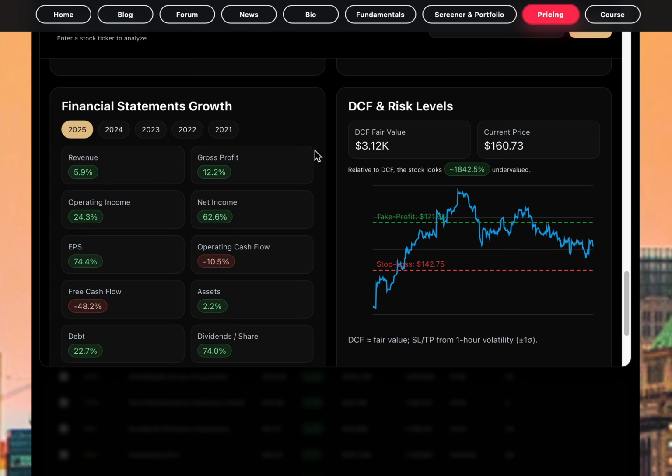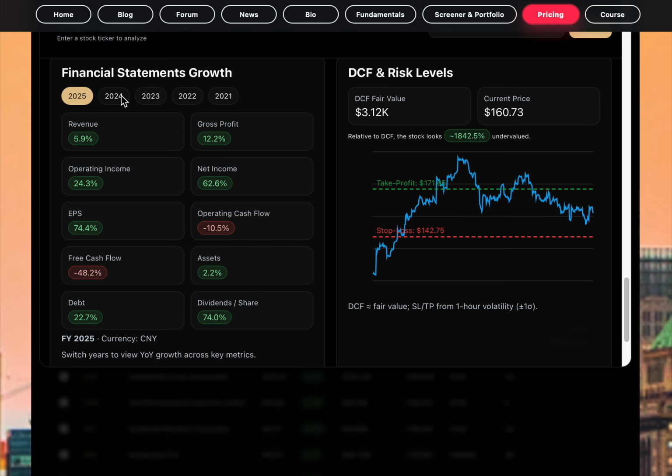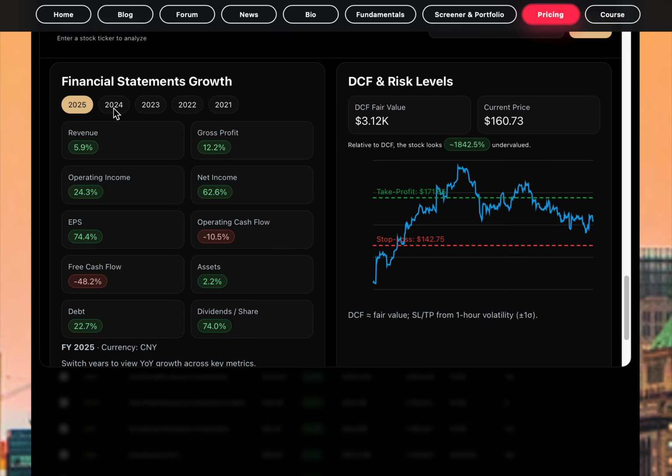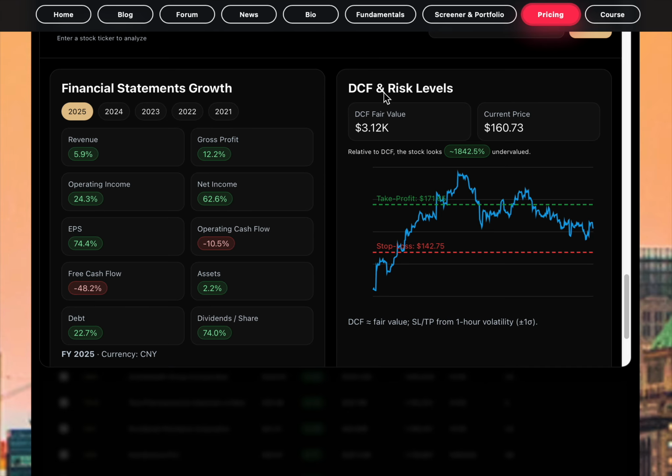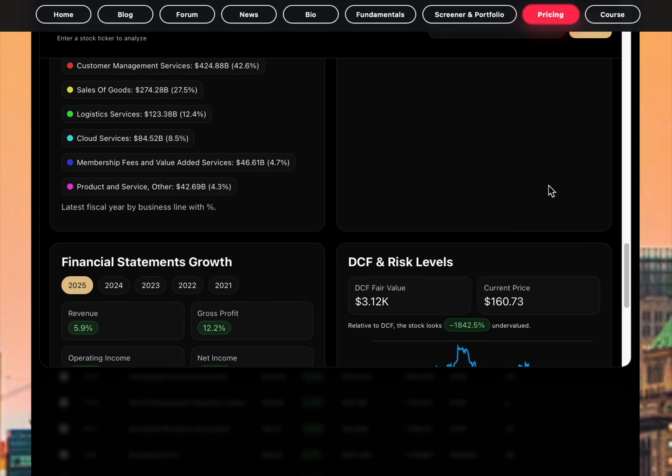And you can also see the financial statements growth to see how the company was performing in the past, what it was showing in 2025, 2024, and so forth. You can see the DCF risk level, the stop loss and take profit. These are short-term figures. So for example, if you buy at the current price, your stop loss can be at 142 and take profit at 179. This is based on the volatility. I simply add 3 volatilities to the take profit from the current price and subtract 2 volatilities to get the stop loss. Nothing very